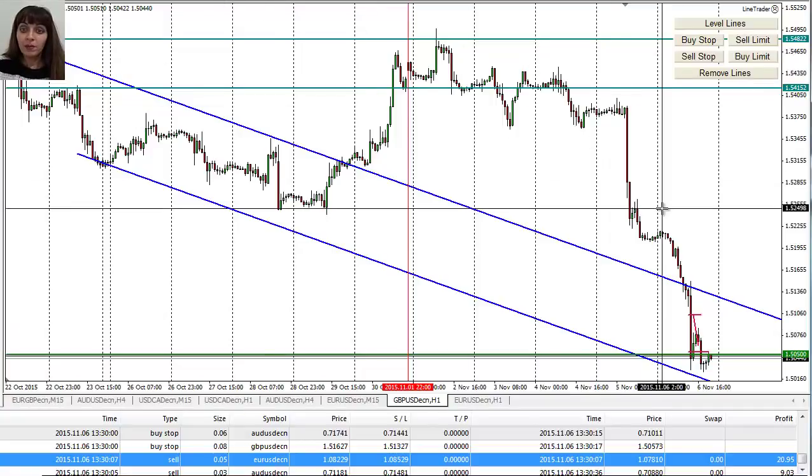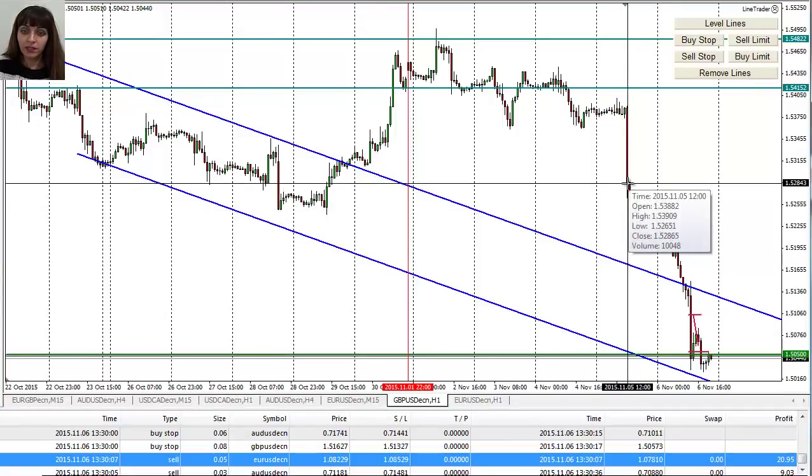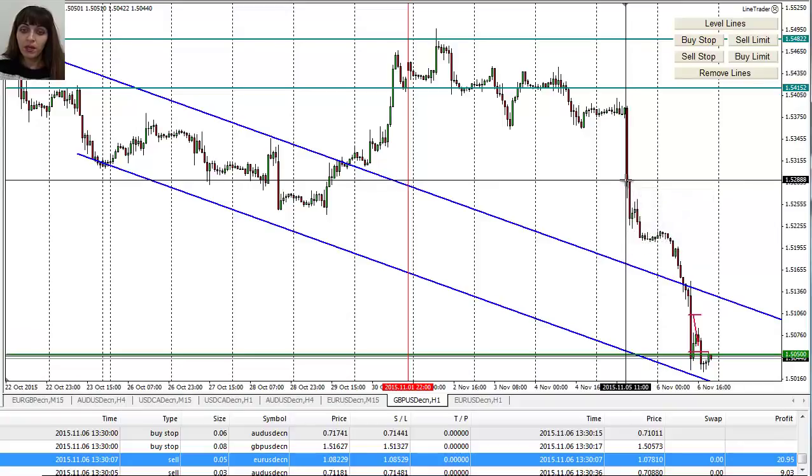Next, I believe there was some news for pound, at about 12 o'clock maybe. As I'm saying, I didn't concentrate on those pairs this week because I was waiting for euro. I was concentrating on euro because of the main news, and that's what I usually do before such big news.